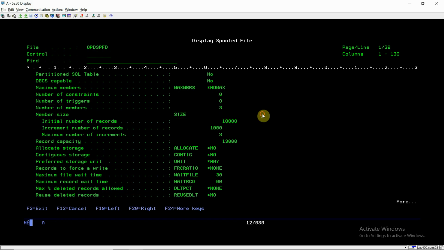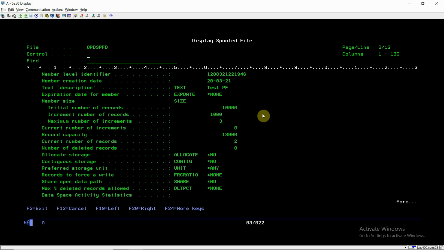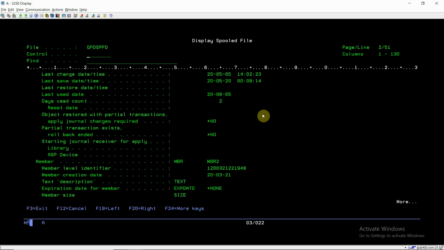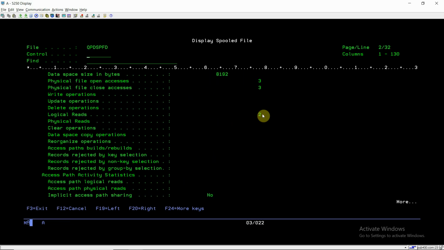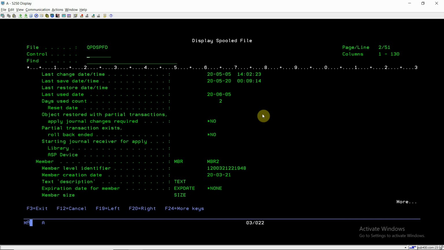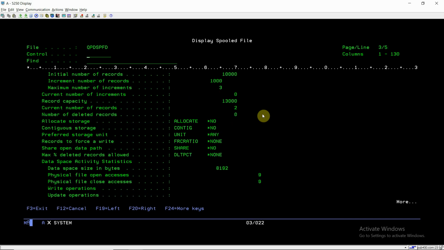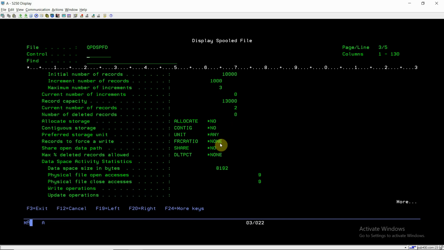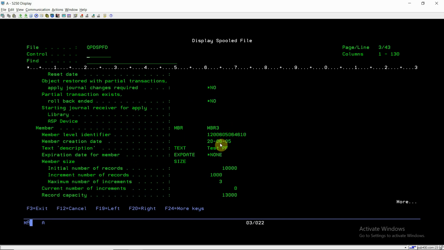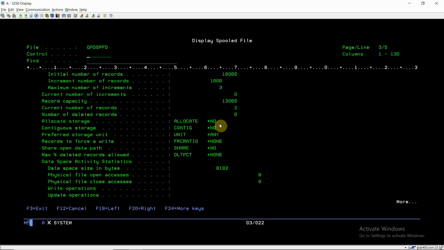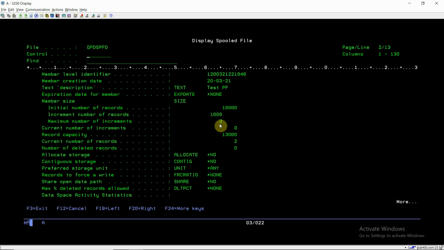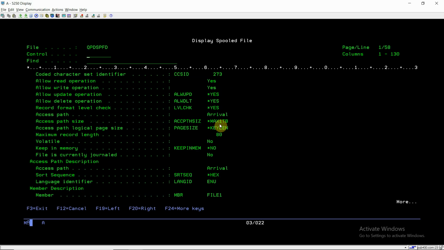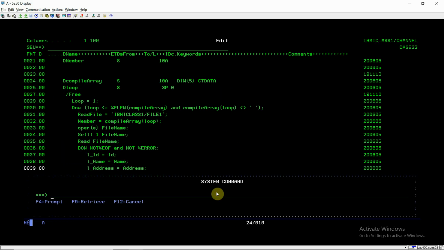If I page down, I get the detail. The first member has the same name as file1, then mbr2 and mbr3. The first member is file1, member 2 is file2, and member 3 is file3.